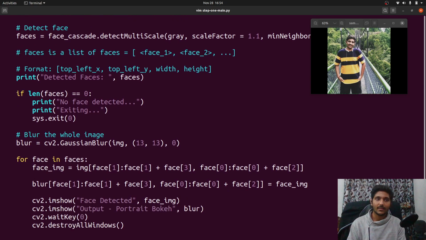It's really nice. And how do you do this for multiple faces? Think about this. I think you guys get the point of how to do that. If not, all you have to do is bring the cv2.imshow out of this for loop and try an experiment. This might work. So this is it for now, and I hope that you understood the idea behind portrait bokeh initially. Let's try to get the basic model ready, then we can talk about how to make it more production ready.